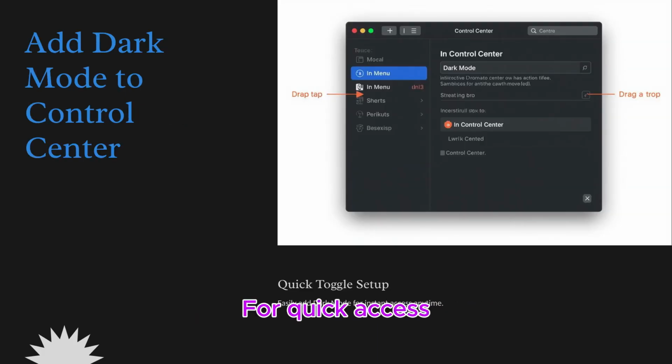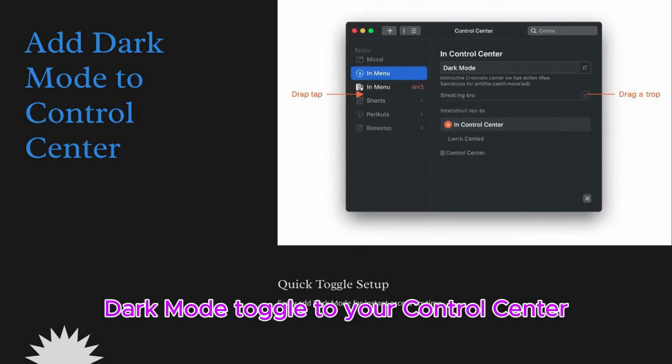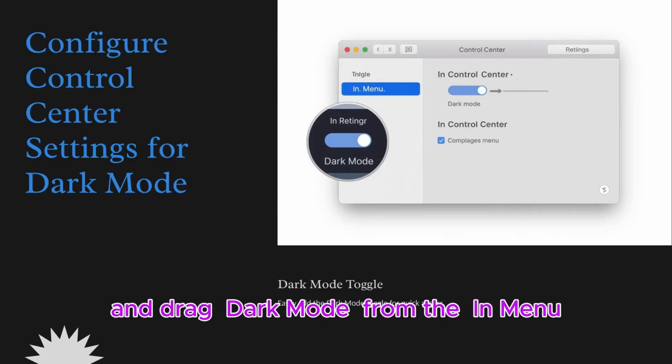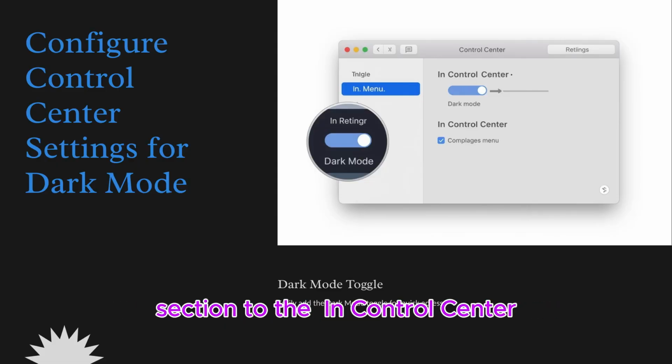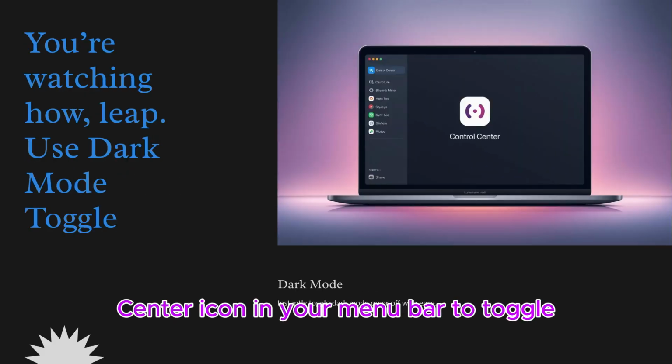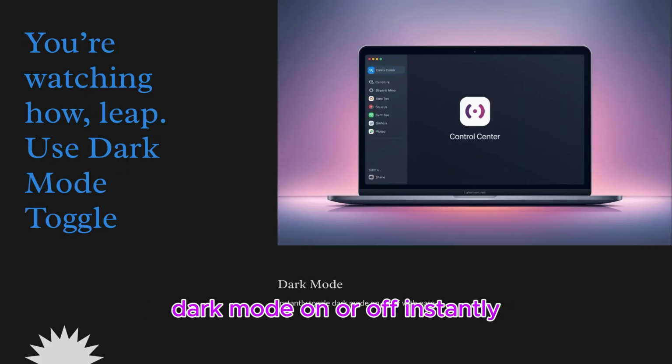same menu. For quick access, you can add the dark mode toggle to your Control Center. Go to System Settings, click Control Center, scroll down, and drag Dark Mode from the Don't Show in Menu Bar section to the Show in Control Center section. Then click the Control Center icon in your menu bar to toggle Dark Mode on or off